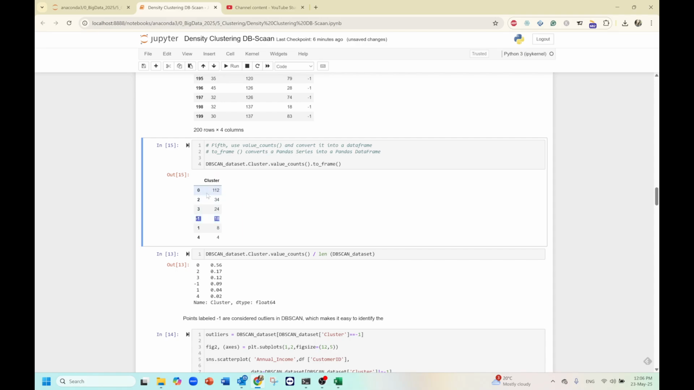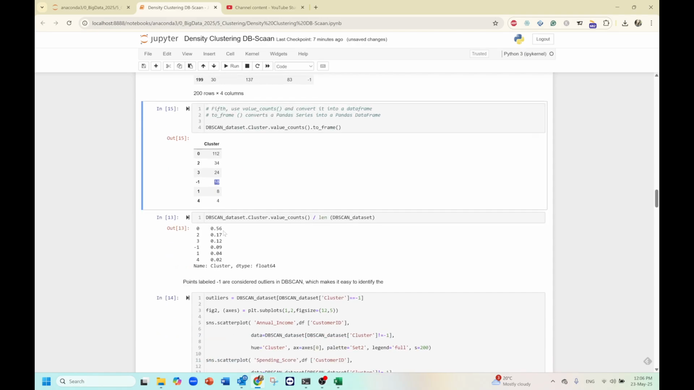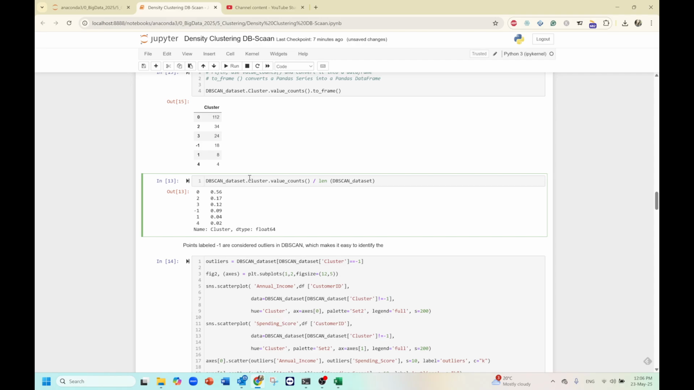So which one of these clusters is actually the outliers cluster? Always the cluster labeled -1 marks or flags the outliers. So the -1 cluster has 18 outliers. If you want to find out how many of these outliers there are, or the percentage, as I told you here,